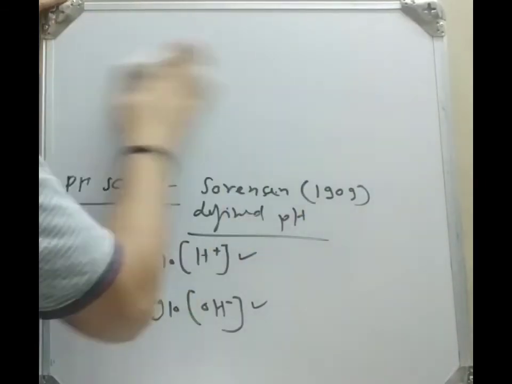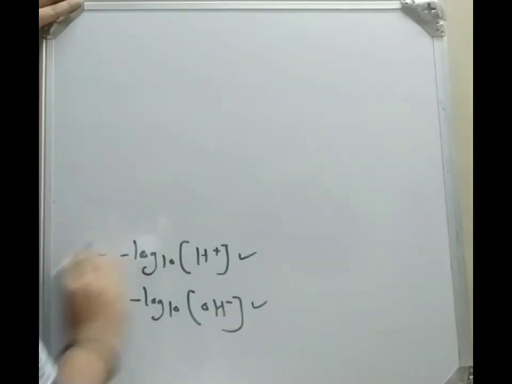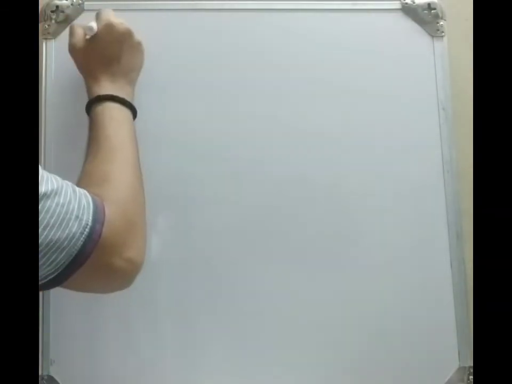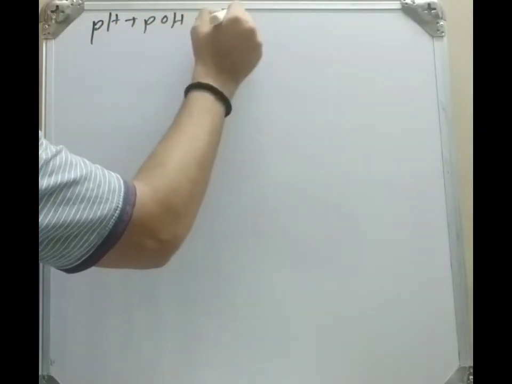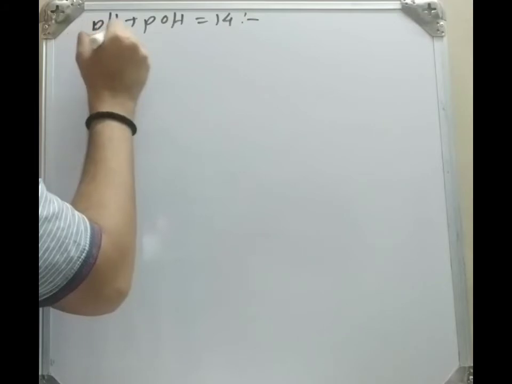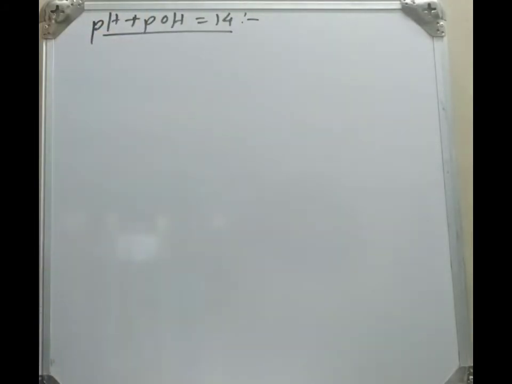So I will derive an equation which gives the relationship between pH and pOH. So next one, pH plus pOH is equal to 14. When we take the product of the H plus concentration and OH minus concentration, meaning the pH value and pOH value, we get it equal to 14. How to derive it? So as we know that